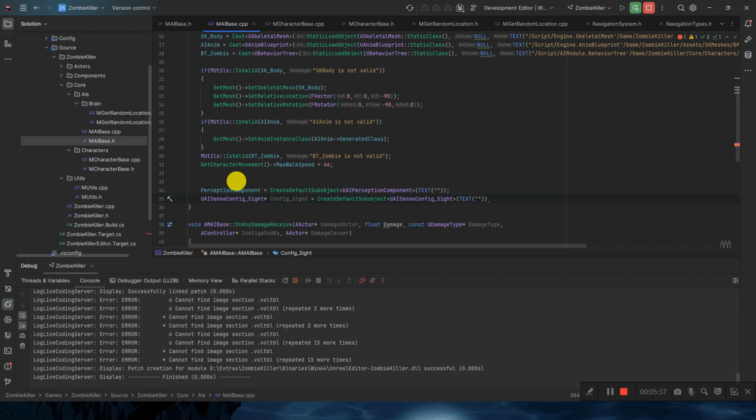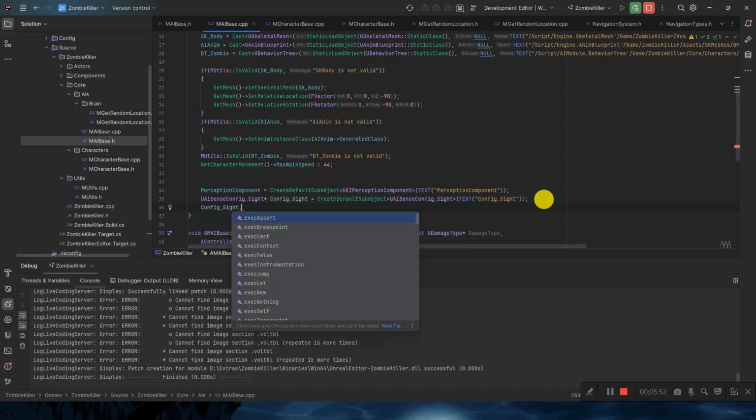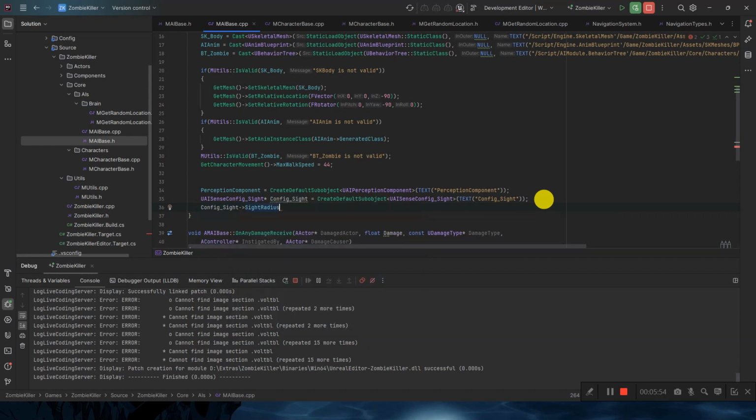So here we need to provide a name. Let me add this name here. To configure the site, we have to define what the site radius is, which we want. So config site, site radius. I want it to be like 5000. And next is the